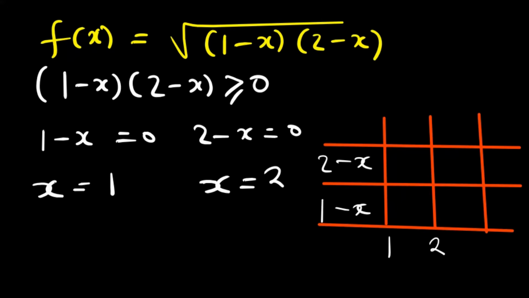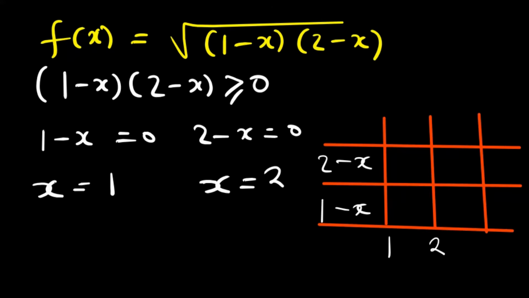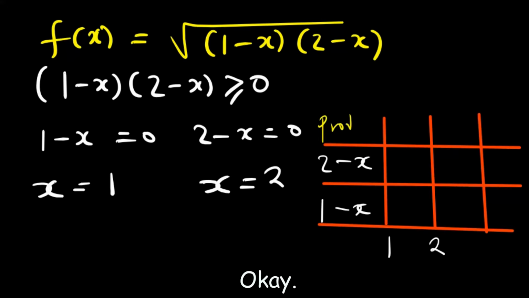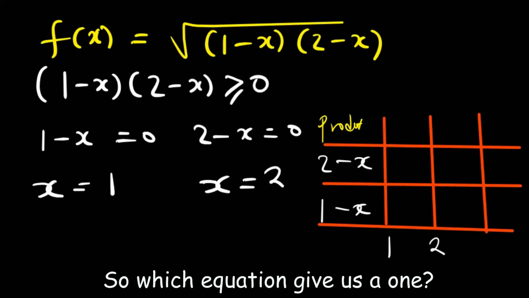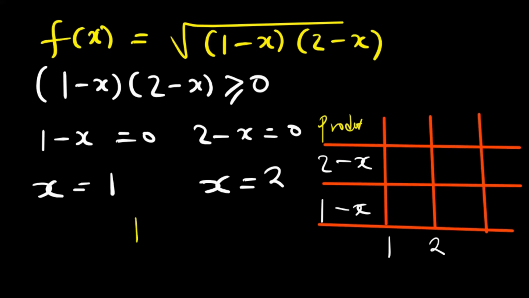Then because we are multiplying these ones, at last we're going to find the product of these ones. So I'm just going to say product. Now let's put the signs, the demarcation of signs. So which equation gave us a 1? The equation that gave us a 1 is 1 minus x. So if I get 1 minus x,